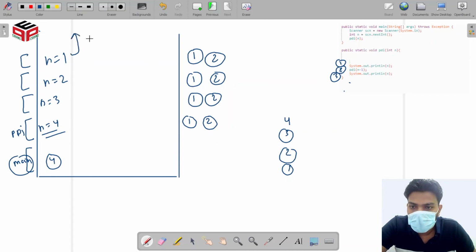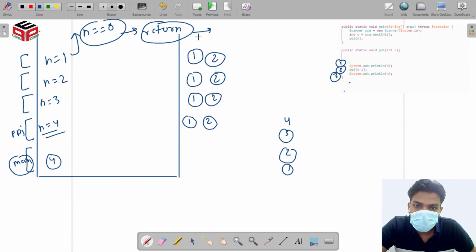And this time, this is our base condition, where we have to return. So at that time we have to return from that position. Okay, and when we return from that position, then line number 3 will run. This is line number 3. At this stage, n equal to 1. So when we return from that condition, we print 1 here. Okay,